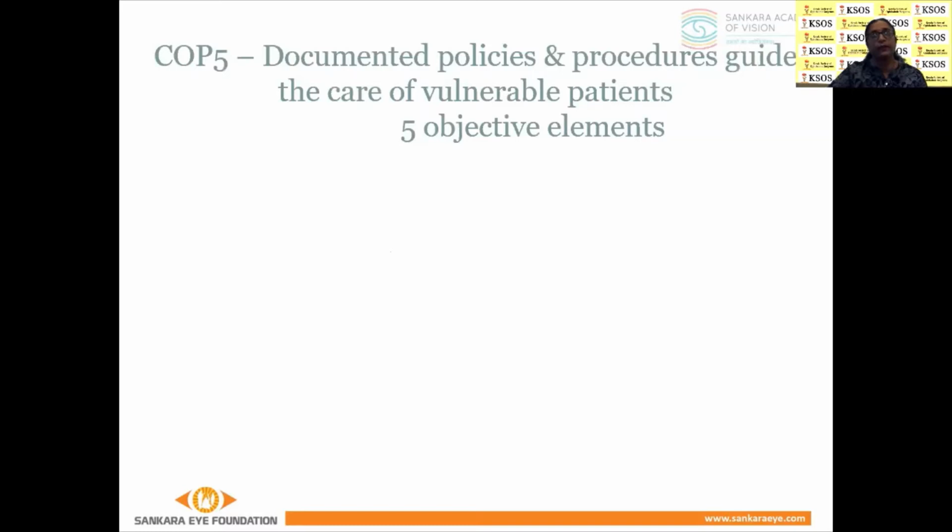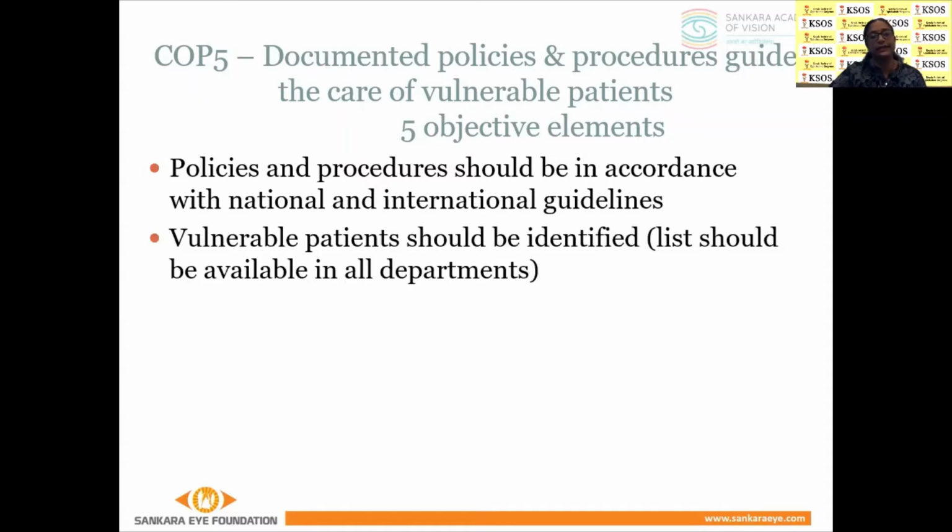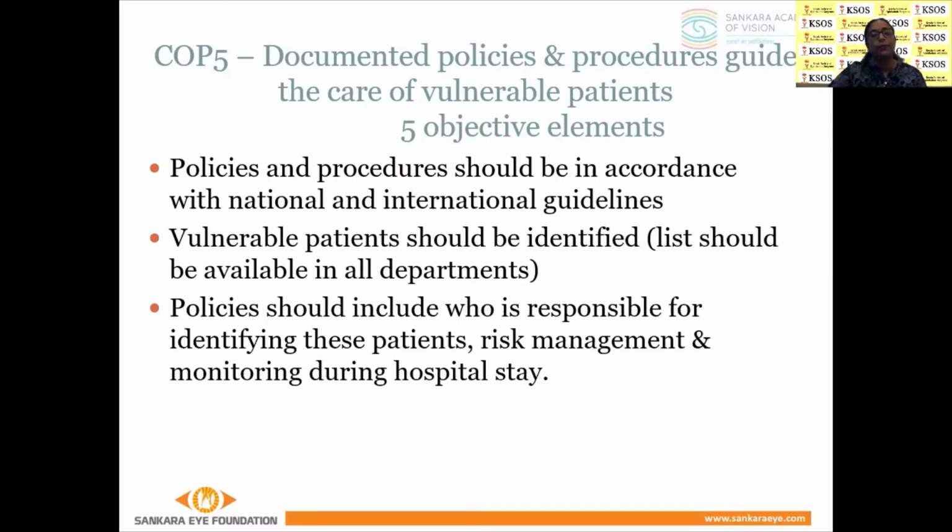Coming to COP5, the documented policies and procedures guide the care of vulnerable patients. So there are 5 objective elements in this. So there should be policies and procedures. They should be in accordance with the national and international guidelines. And vulnerable patients should be identified, and the list should be available with all the departments. Policies should include who is responsible for identifying these patients, the risk management in these kind of patients, and monitoring